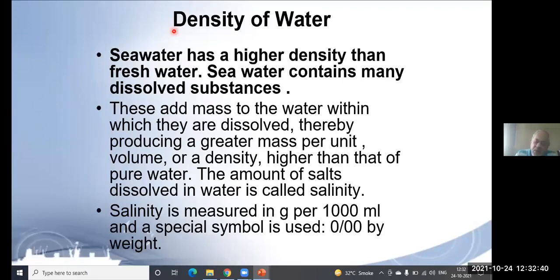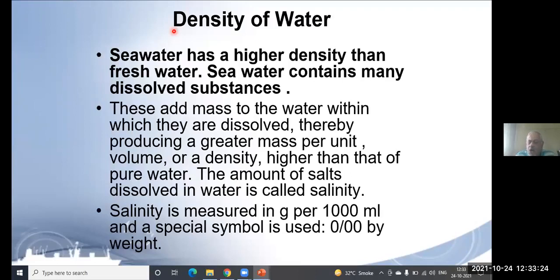And what difference it makes, how the density of water matters to the mariner, is because of the draft. In the morning we made one statement: you load cargo and draft increases, you discharge cargo and draft decreases. These statements are true, but without adding or removing any cargo, if the ship is moved from floating in one density of water to another density of water, the draft will change.